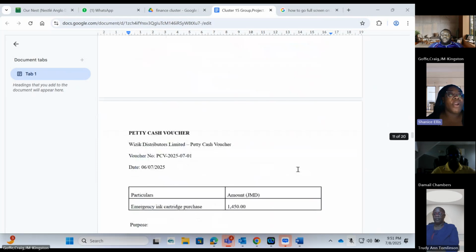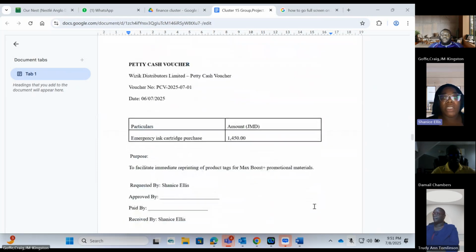The petty cash voucher records small and urgent expenses, those little things that you would call miscellaneous costs, and it ensures accountability in cash use. So it tracks how small cash around the office is spent, and it also prevents misuse of these funds. These small expenses and small errors can also add up in the long run, so they have to be tracked accurately. So the impact on business is that it